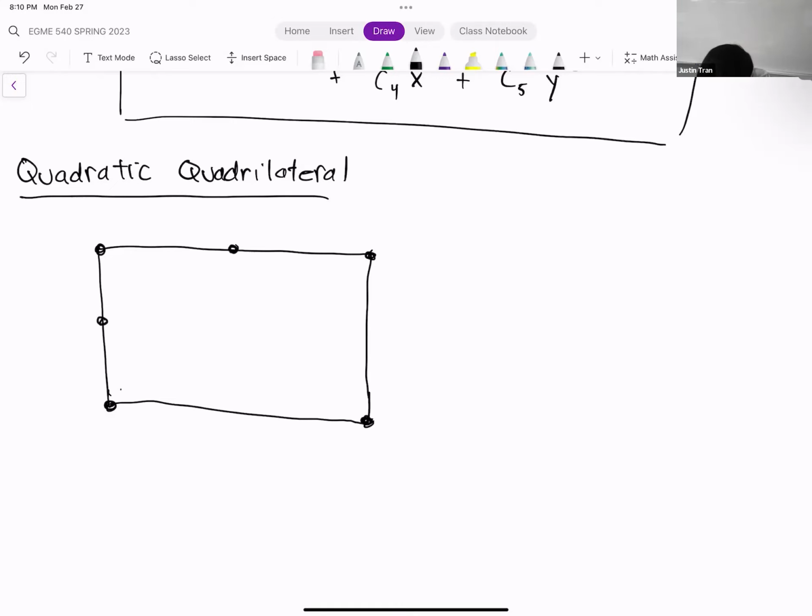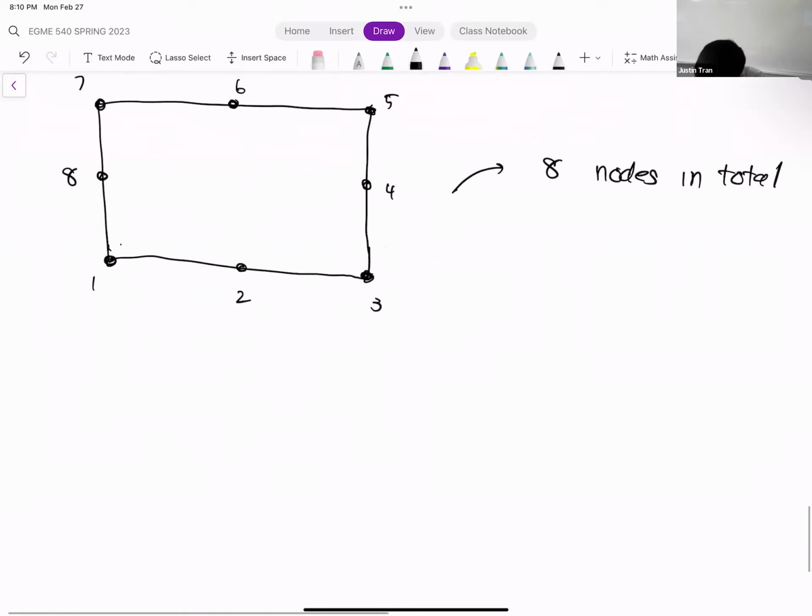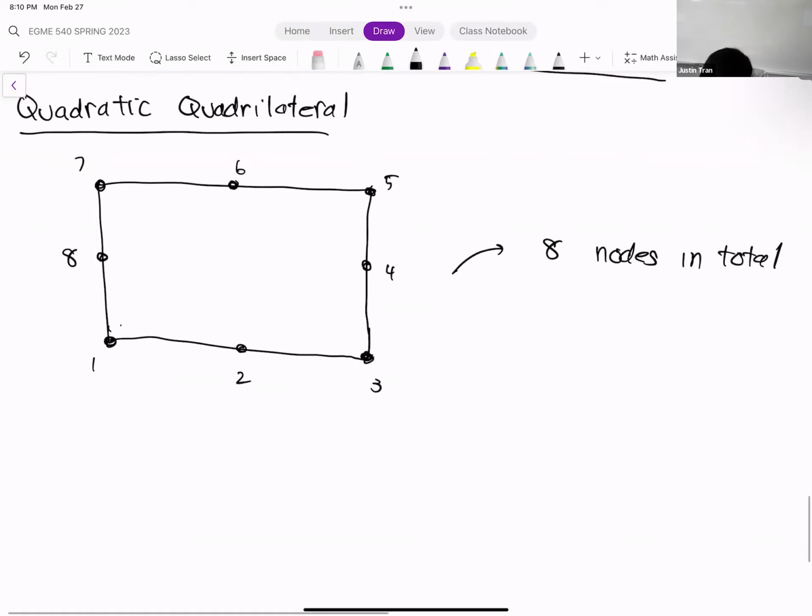I'm going to add 4 more mid nodes. So it looks just like that. And so with the addition of the 4 mid nodes, that means we have 8 nodes in total. And so that means we're going to have 8 terms in our shape function. All right, so our shape function looks like this.